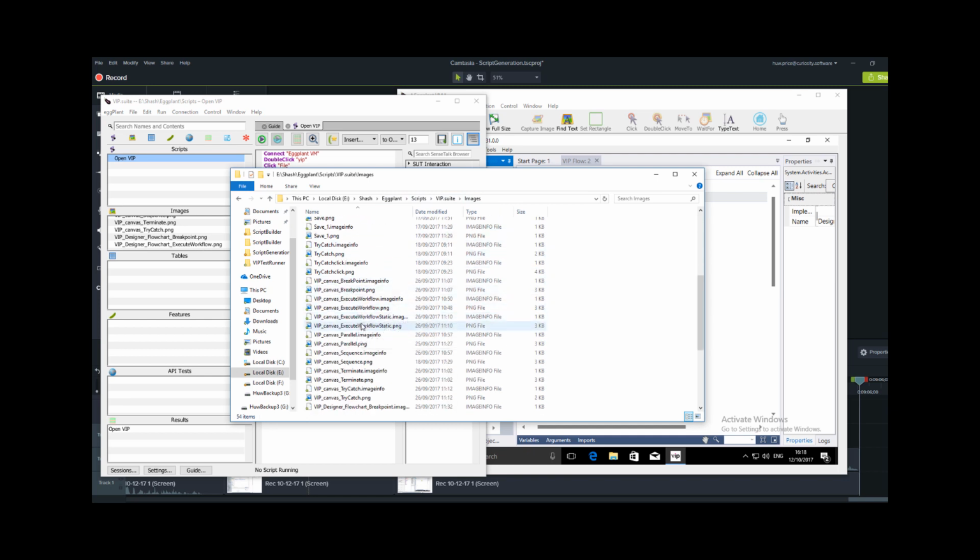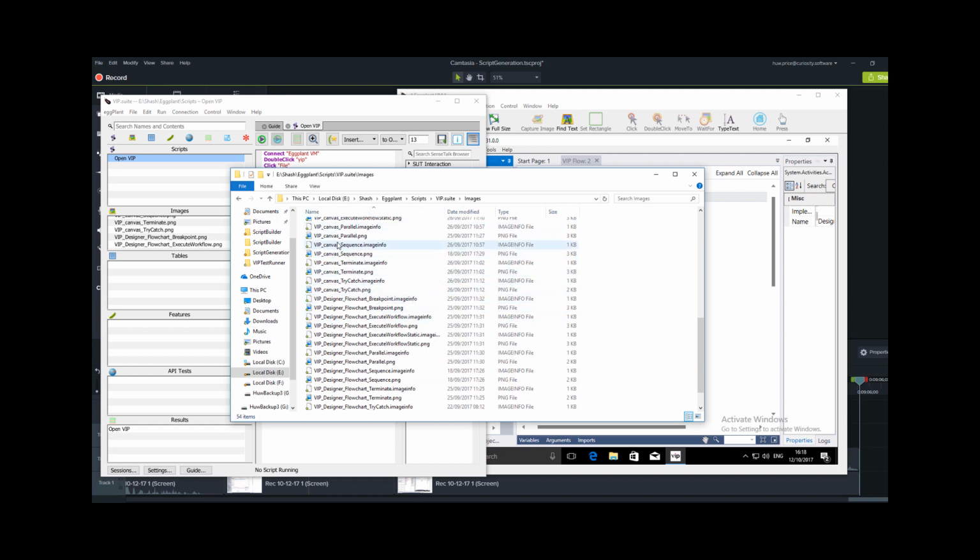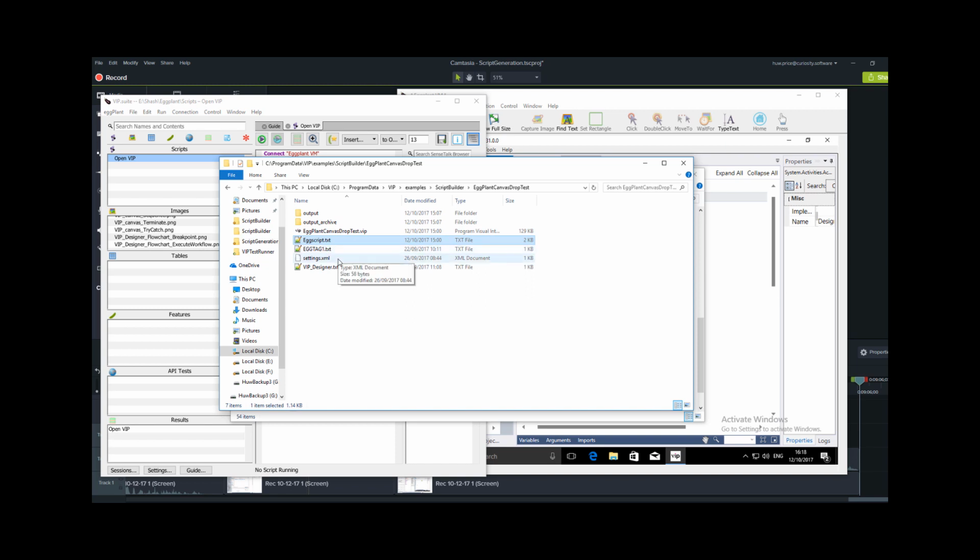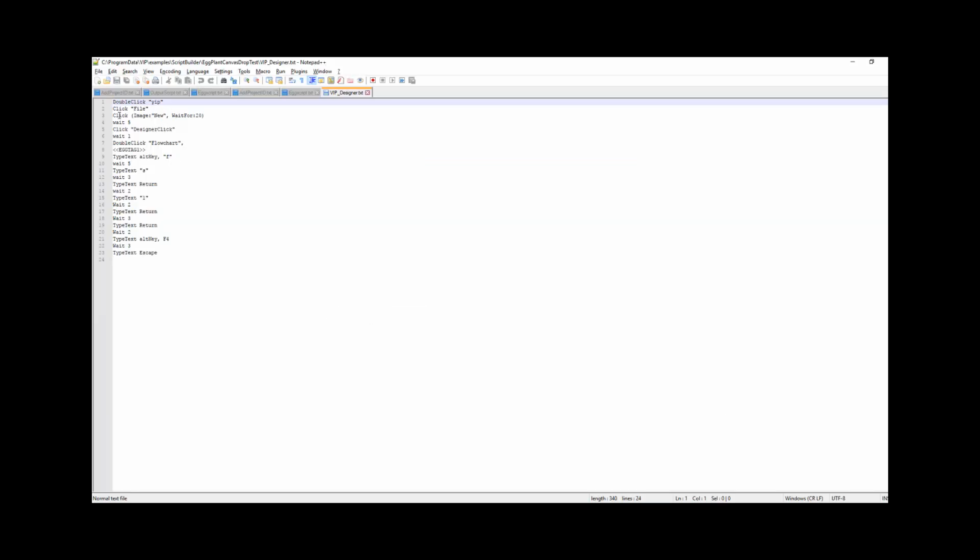Now if you're quite clever about the naming standards on them, you can actually generate scripts based on what you actually want to perform with the specific images you care about. Okay, so here I've grouped under VIP, I've said Canvas, and then I've got designer and flowchart, like so. So if I go back to the folder, in the examples folder, you'll see here we've got VIP designer.txt. Now if we just open that in Notepad++, you'll see what we've done is we've taken the original Eggplant script and we just put in a little tag called